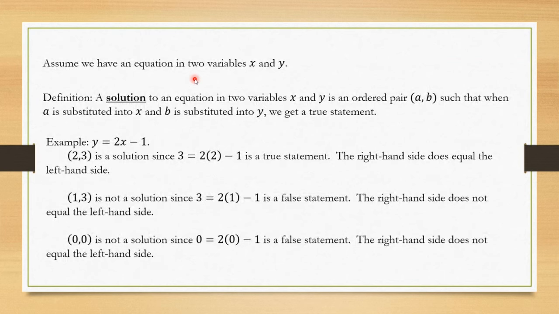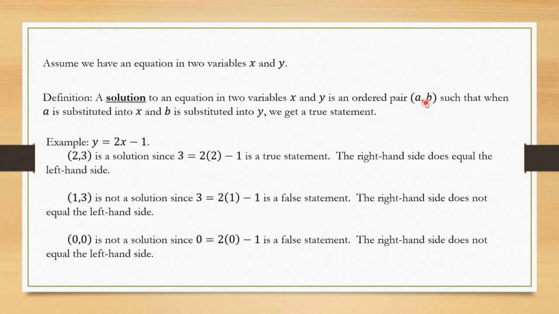Now, there is a connection with equations in the variables x and y. So if you have an equation that is in x and y, just like we had equations in one variable, we have an equation in two variables. We can ask what their solution is, and that's what I'm defining here. Since we have two variables now, solutions are not going to be just single numbers. They're going to be ordered pairs of numbers. The whole idea is if you have an equation in x and y in two variables, a solution is an ordered pair of numbers